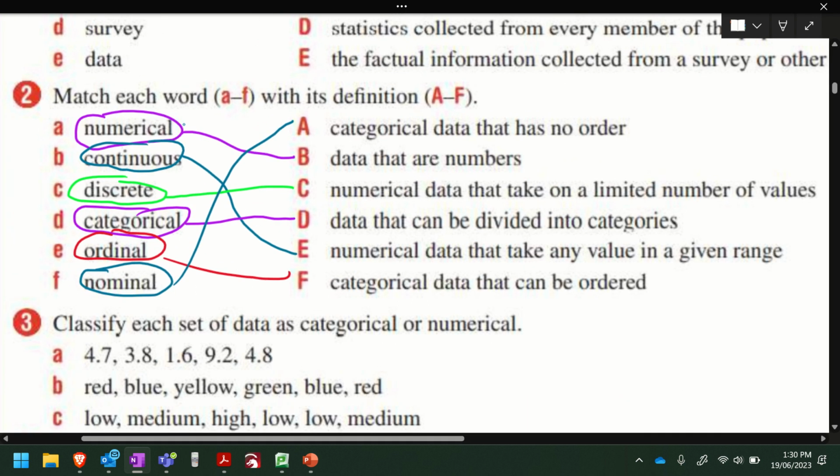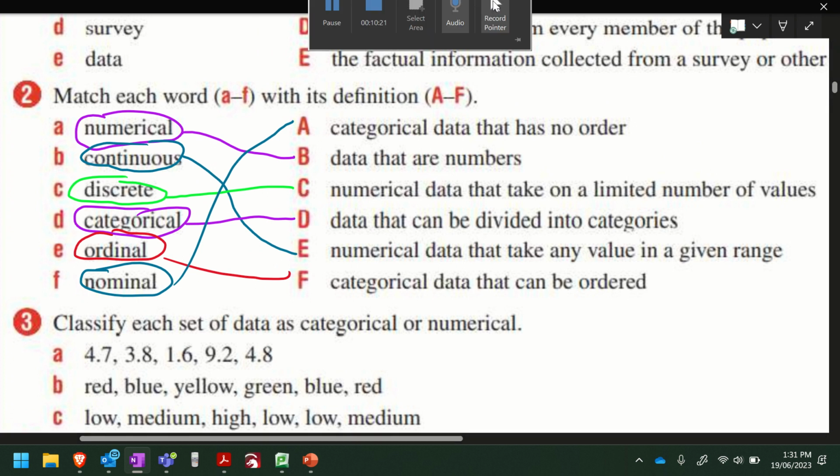Okay, so make sure you match that up, guys. Match it up, match it up. All right, next one, next question